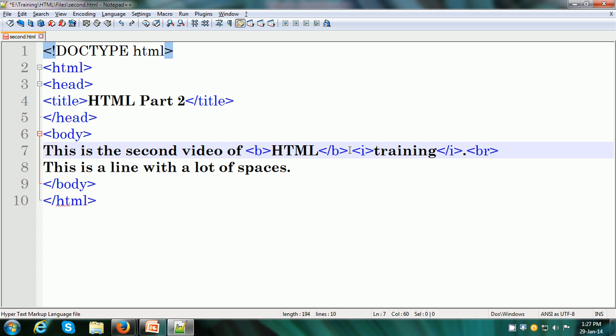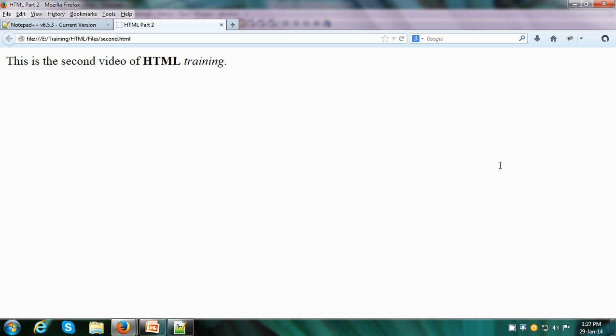It is a good practice to indicate it as a self-closing tag by putting a / after the tag like this. So I have saved this in Notepad++ and refreshed it, and here we can see that the second line has appeared, but there are no spaces.